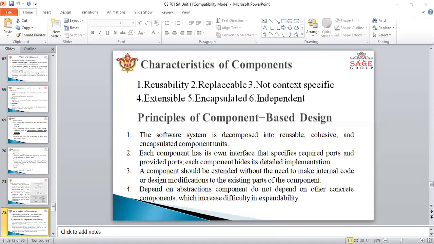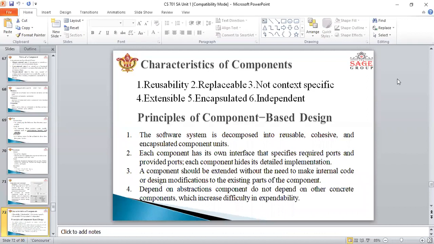And also you can see the principle of component based architecture is the software system is decomposed into reusable, coherent, and encapsulated component units. And each component has its own interface that specifies the required port and provided port, and each component hides its detailed implementation. So these are the principles which we follow when we create the component based architecture.